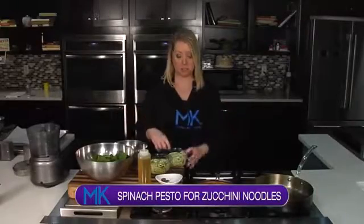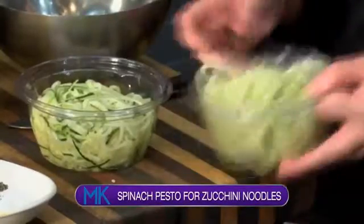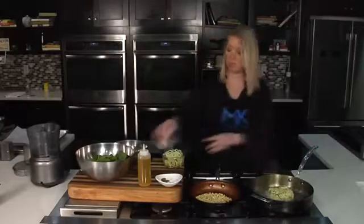Now, if you have a spiralizer at home, sure, you can cut your zucchini, you can spiral it, and you've got zucchini noodles. But sometimes you're in a hurry, you don't have time. And so these are already spiraled zucchini that you can find pre-made, ready to go in the deli section. And again, it's raw vegetables. It's just already taken one of the steps of prep out so that you can really get it to the table quickly. So I'm going to start sauteing these